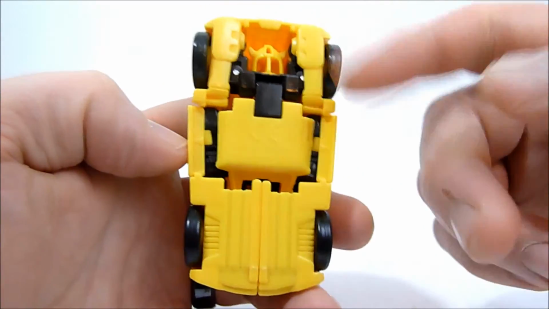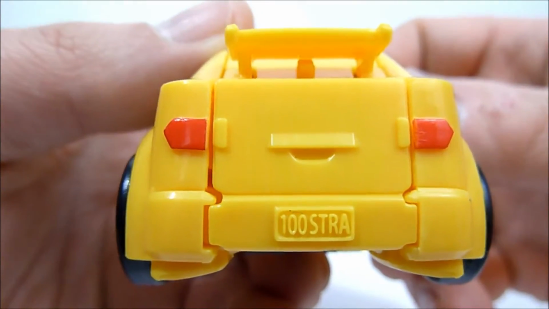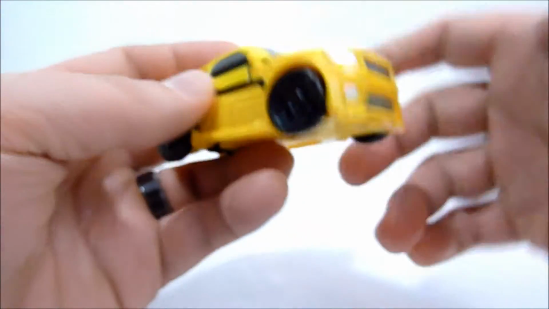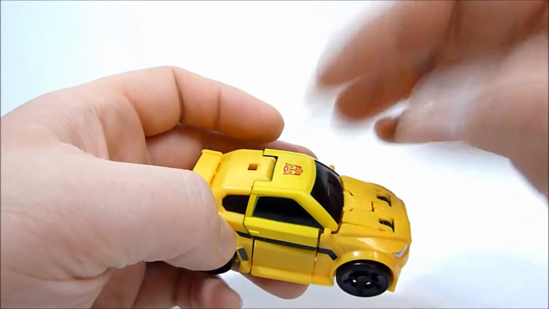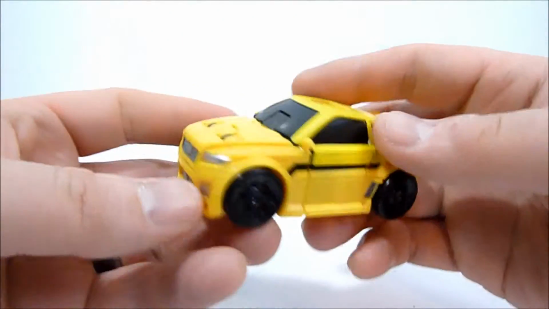You can see the bottom is fairly clean. They cover everything up nicely. The back here, and you can even see he's got a license plate actually molded into the vehicle mode. And very nice front end. I mean, overall it's very nice. I just would have liked maybe some black paint apps over the yellow plastic, as opposed to the yellow paint over glossy black plastic. I don't think it's working out very well for the aesthetic of the vehicle mode. But